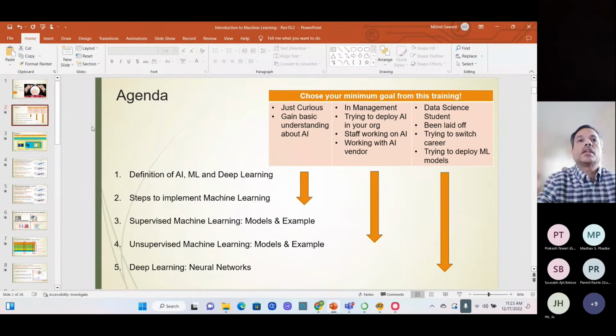You just want to know what AI is, and gain a basic understanding of AI and machine learning. Then you should know the definition of the terms and some simple steps. That's step number 1 and 2 you should do. But let us say you are in management and you're trying to deploy AI in this organization, or you have staff working on AI and machine learning, or you're working with a vendor that is trying to help you deploy AI in your organization. Then I do believe you need to know the different models of supervised and